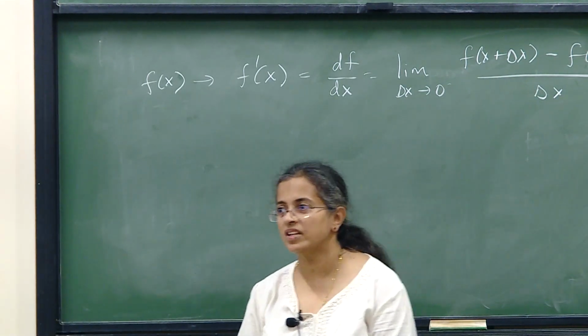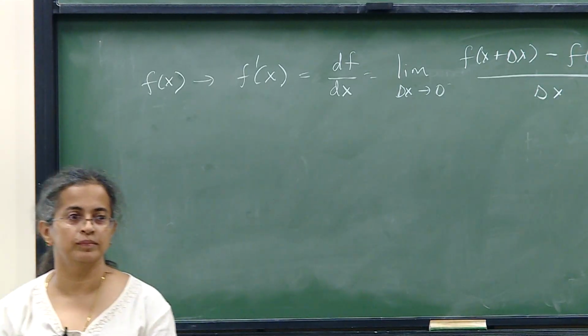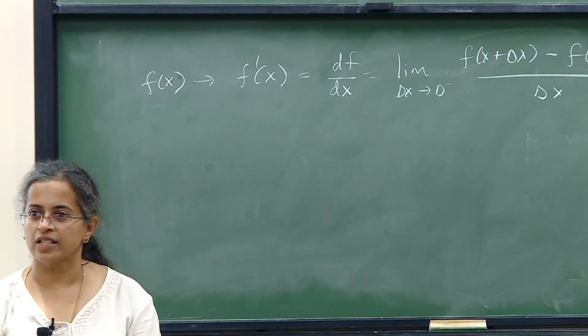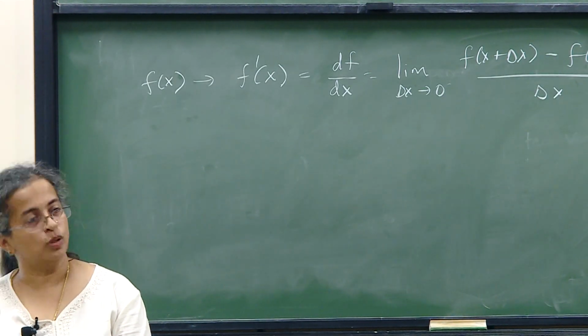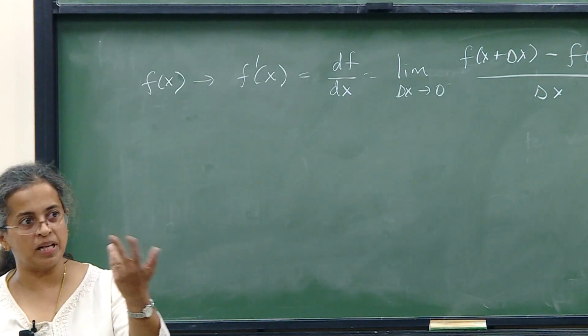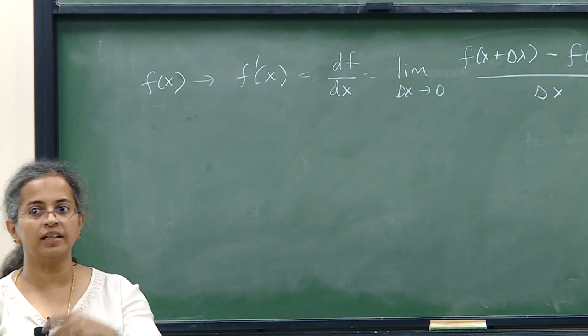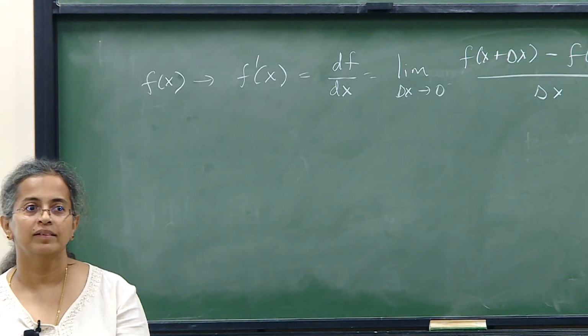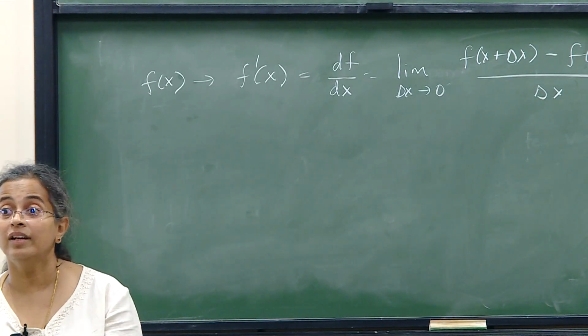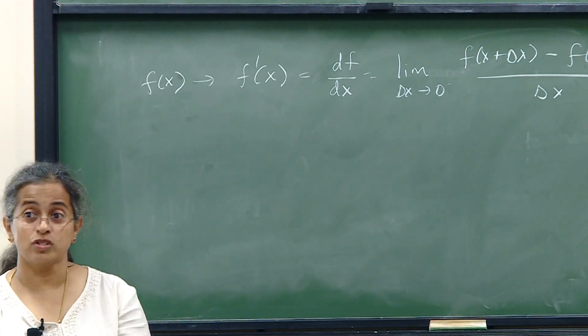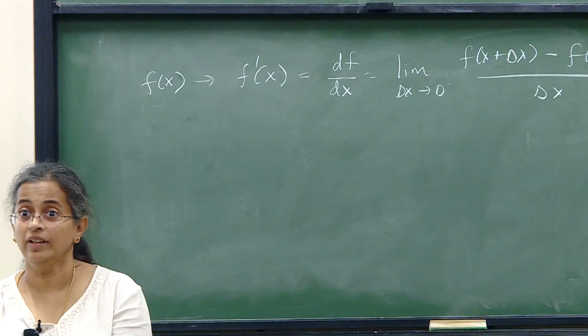Now, what will survive if I write it into an algorithm? Can I actually take delta x to 0? You can't. Just as I cannot take capital N to infinity, I cannot take delta x to 0. Why? Yes, and also there is a smallest number. And the smaller delta x is, what is the other beast that will come? There's one more problem that will come if delta x becomes small.